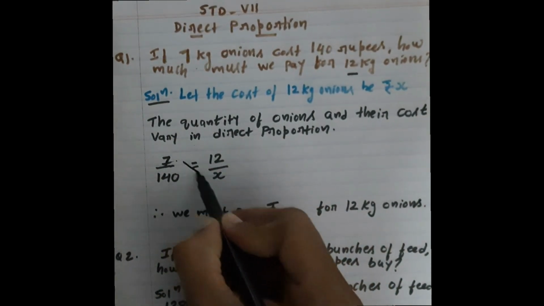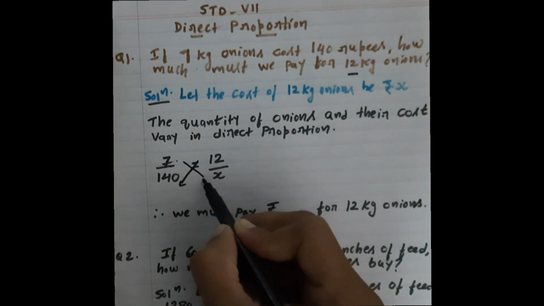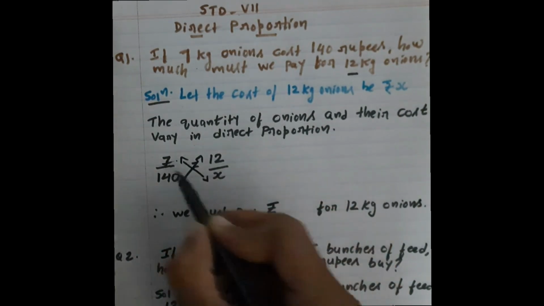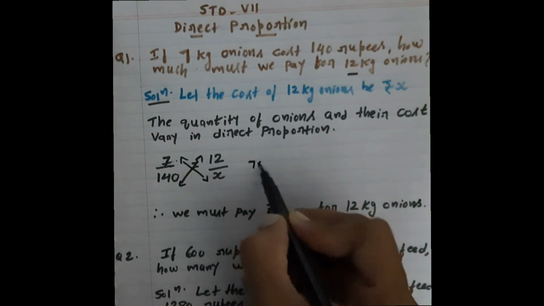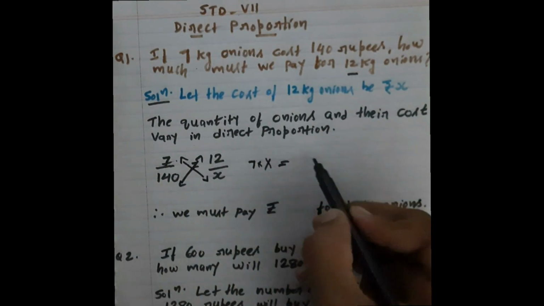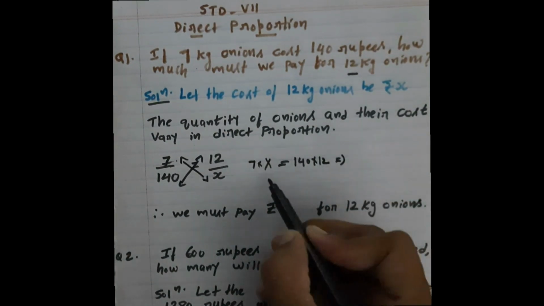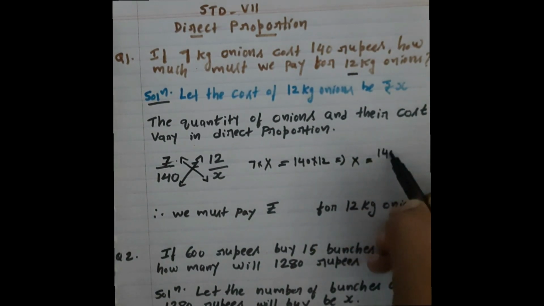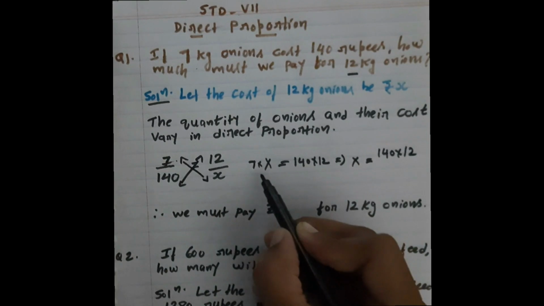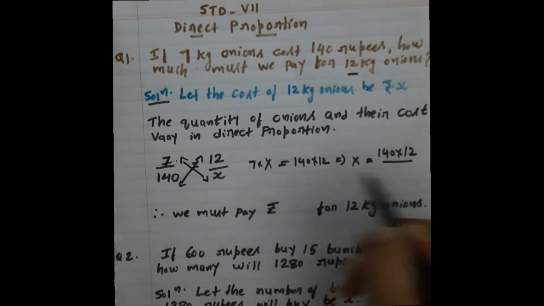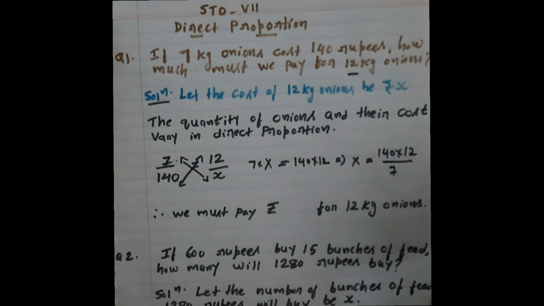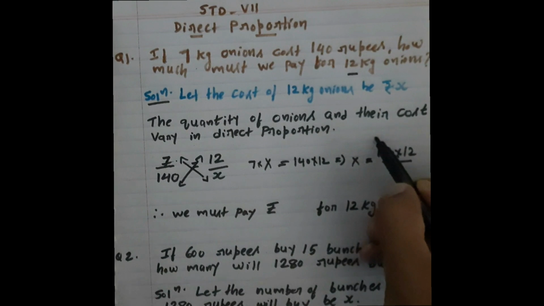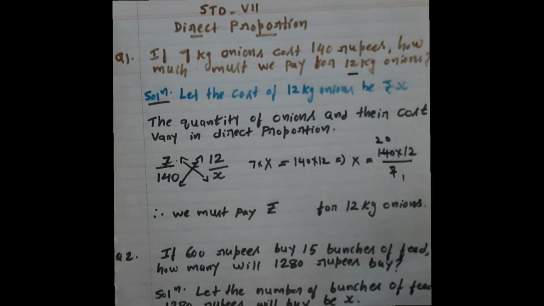So what we will do now is put cross multiplication here. 7 into x is equal to 140 into 12. The variable x should always come on the left hand side. 140 into 12 we will write like that only. This 7 is there, no? When we are simplifying, that comes in the denominator place. So directly the 7 table we will cancel: 7 ones are 7, 7 twos are 14. 0 we will write.